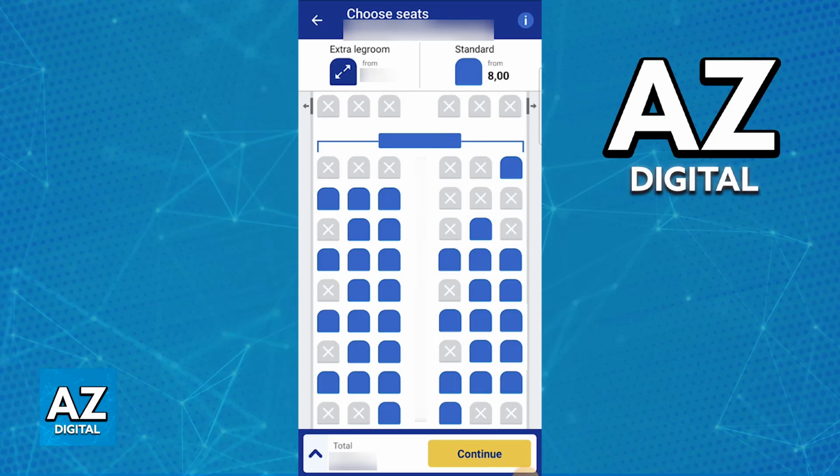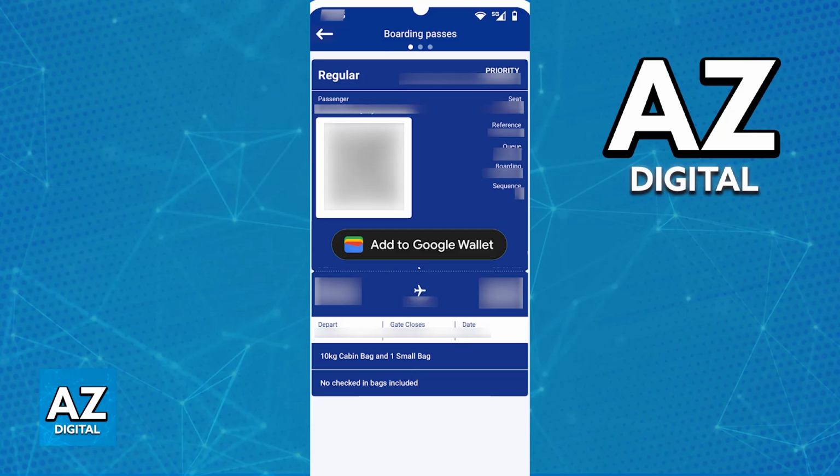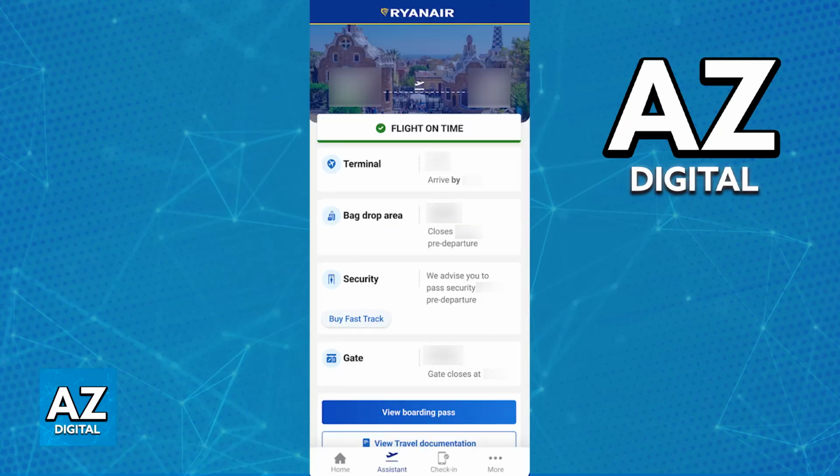They are going to offer you additional services, which you can optionally choose, and of course, you will be able to choose your seats. As long as you go through this entire process, you choose the additional things and you choose any of the available payment methods, the check-in is going to be performed and you will have immediate access to your boarding pass. You can add this boarding pass to a digital wallet and you can manage it inside of the app. You can go over to the other tabs to see more information, and it is super simple